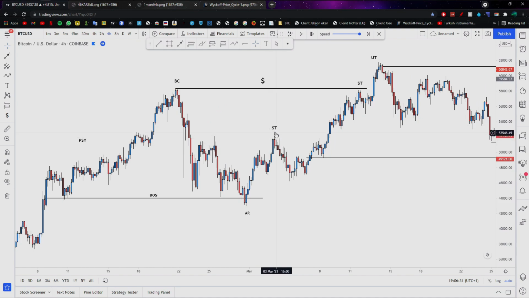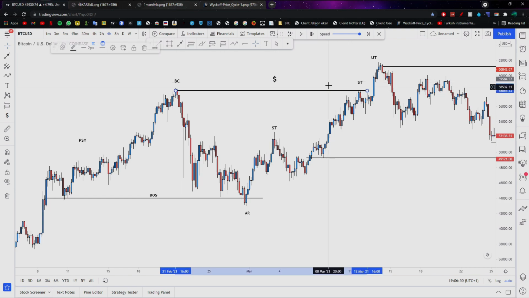So now if we move on to our secondary test. Our secondary test is the point at which price will meet up again with our buying climax, right? And you can see I've placed it in two areas. Now, I like this area a lot more for one reason. That is because liquidity was accumulated at this area. We can see that in the form of an equal high. So if I just move this down here, we can see there was an equal high.